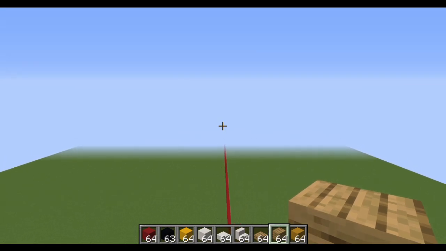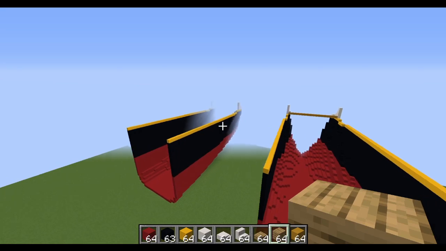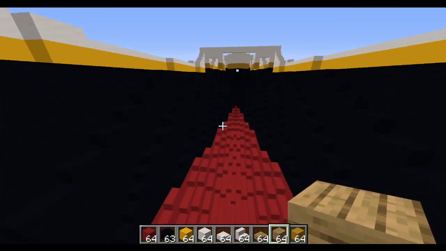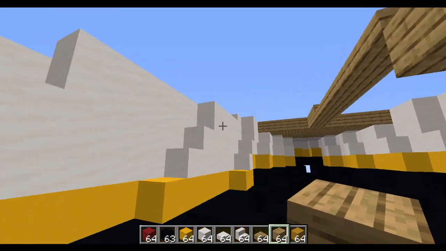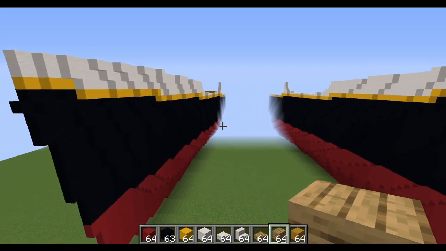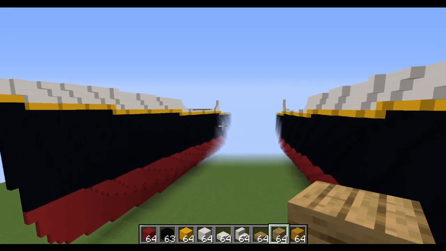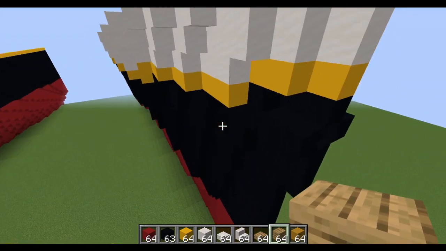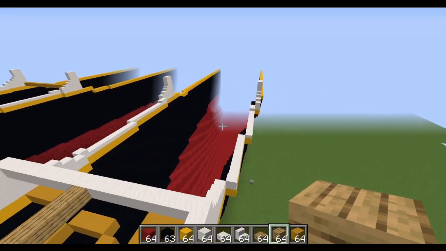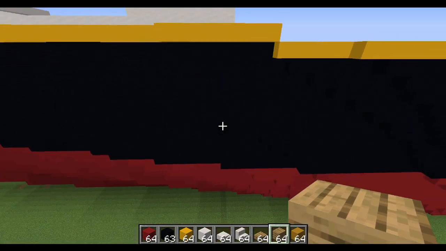Before I start time-lapsing this, I will explain this over here. After I completed this, I was watching several videos on YouTube, and I came across several videos of Titanic's sister ship, Olympic. So basically what I did is I cloned this part of the hull over here, and as I build new sections of Titanic, I'm going to continue doing that, and ultimately what this is going to be